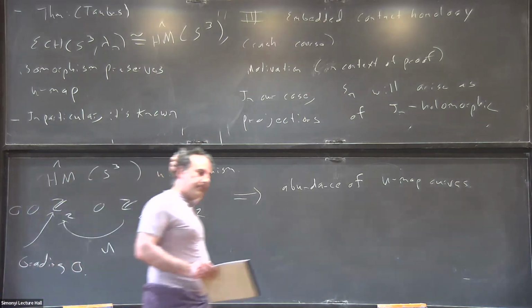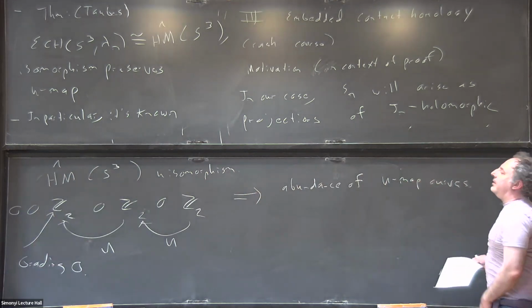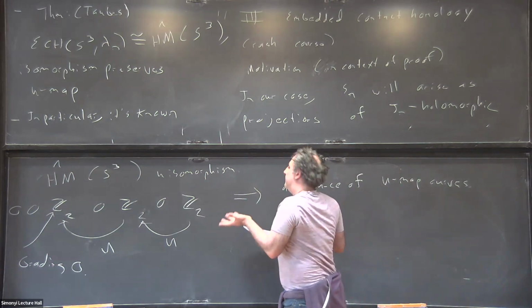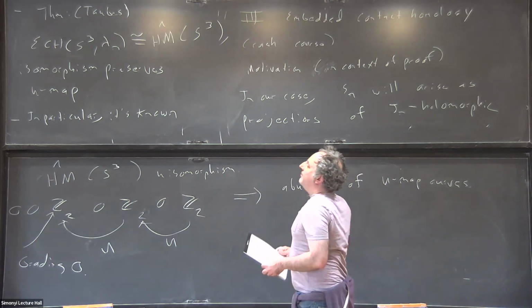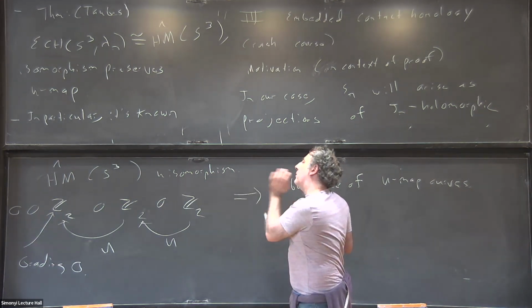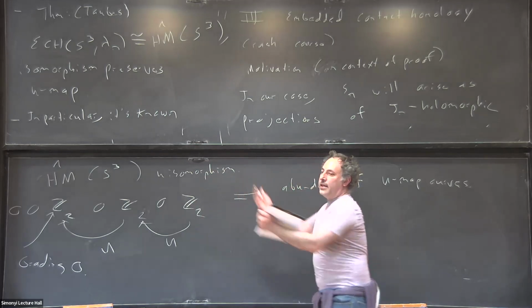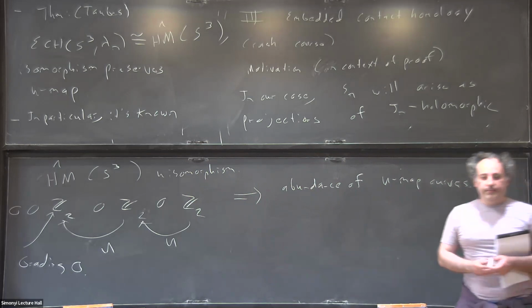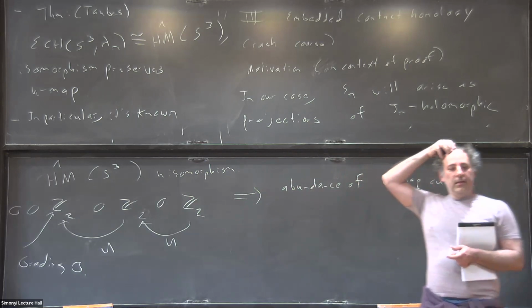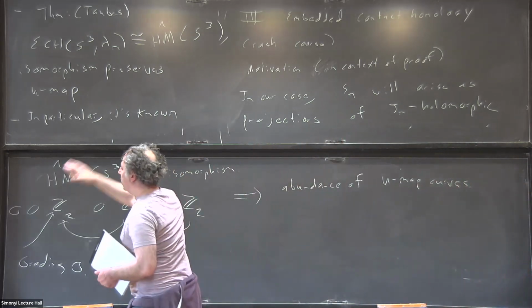Let me just say that, for simplicity, I stated this in the S3 case, but there's a similar story for any contact manifold. Maybe at the end, the only interesting thing to get from that is where are we actually using the fact that the Chern class is torsion, as I've stated. Maybe at the end I'll get to that. So there's our crash course on ECH, and hopefully you know why it's going to be useful for the proof.